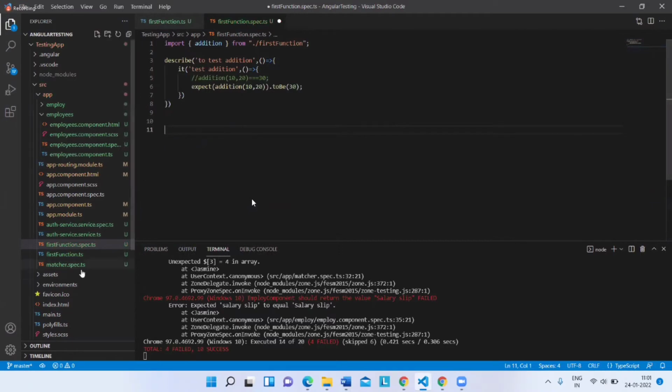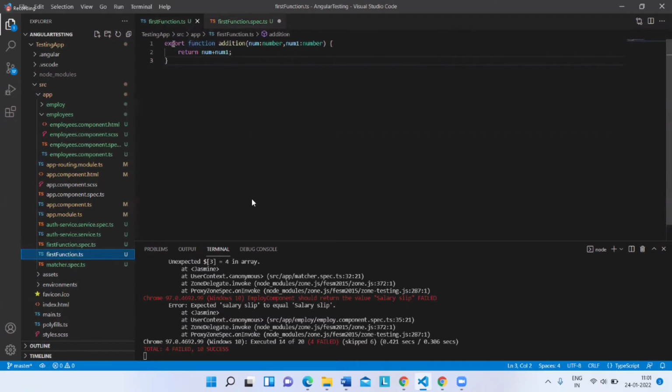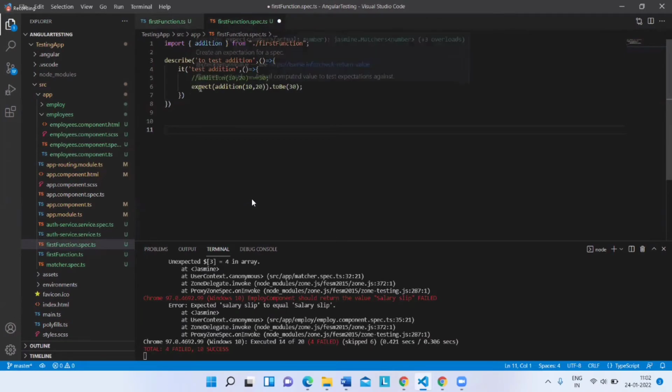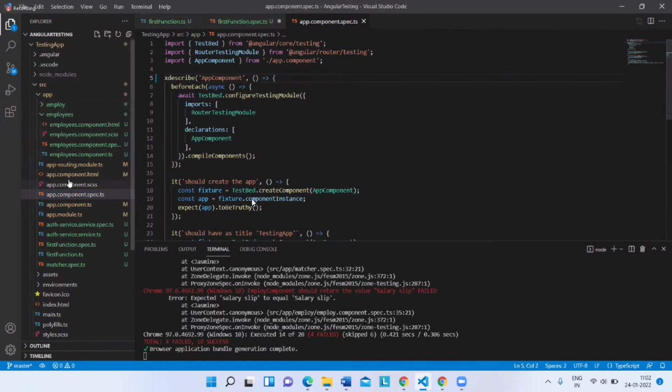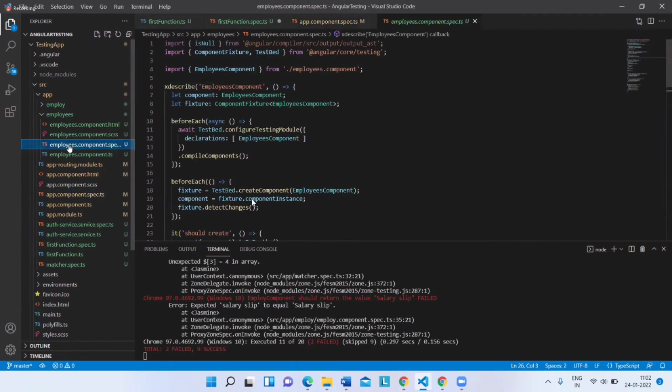Now here in the function spec, here is the logic I have written. What is this logic? If I enter 10 comma 10, it will give me 20. If I enter 10 comma 30, it will give me 40. So my logic is correct. That is what I'm going to test here. Let me take one second, just give me time, because when I execute it, it will give so many things which will not be clear for you. So I'm just removing all those things.